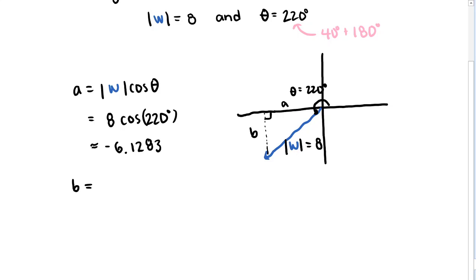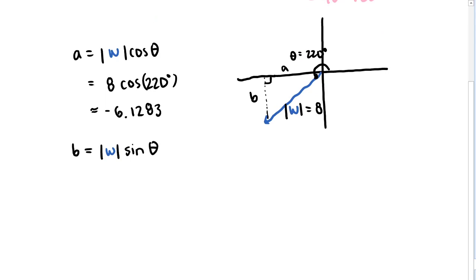And if we multiply both sides by the length of our vector, we get that b is equal to the length of our vector times sine of theta, which is equal to 8 times sine of 220 degrees. And this is approximately, it comes out to be negative